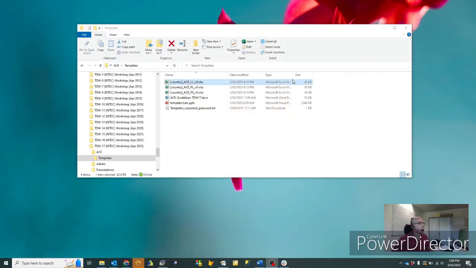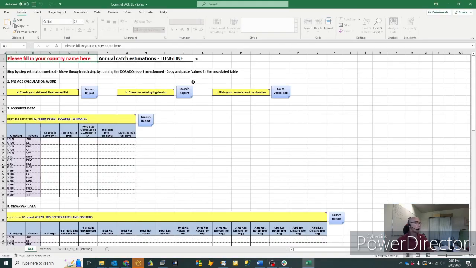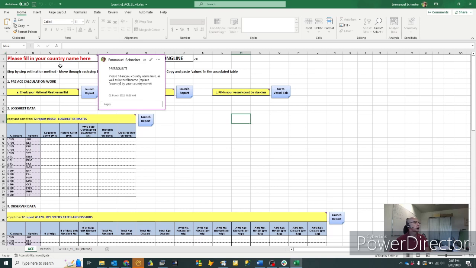Okay, so let's dive into these Excel templates. So as you can see, there are three templates, one for Longline, one for Line, and Purse Seine. So we'll open the Longline one and we'll go through this one. There's a number of things here, a number of steps, and I'll go through each of these steps, number 1, 2, 3, 4. But first of all, I just want to show you